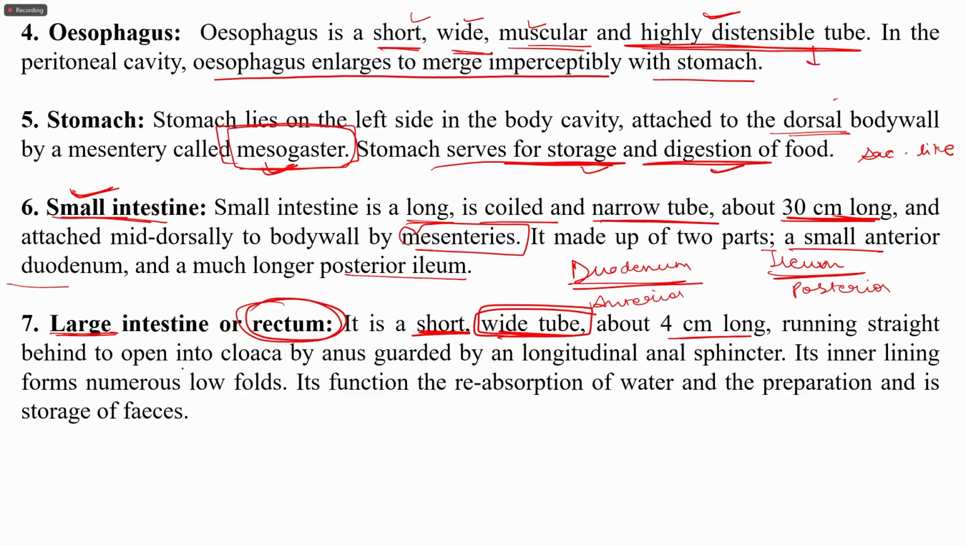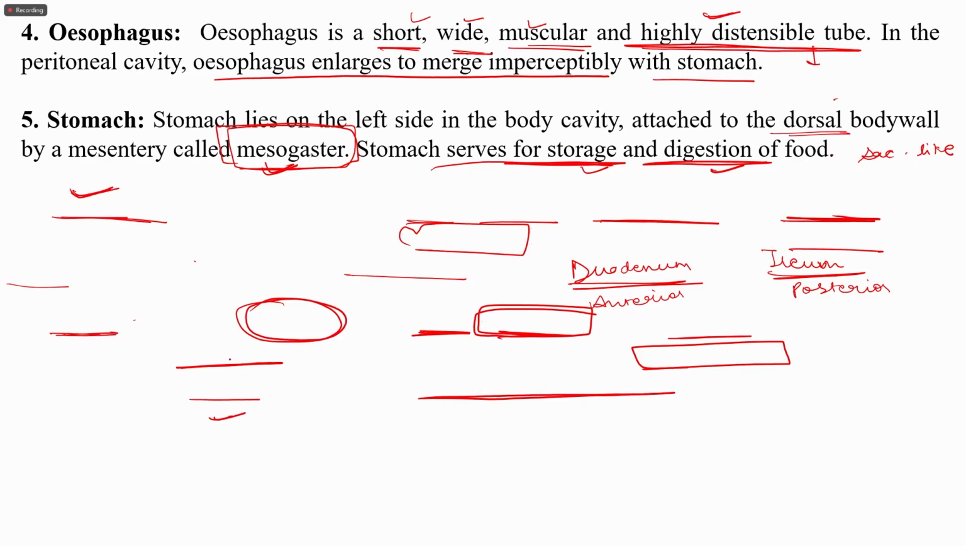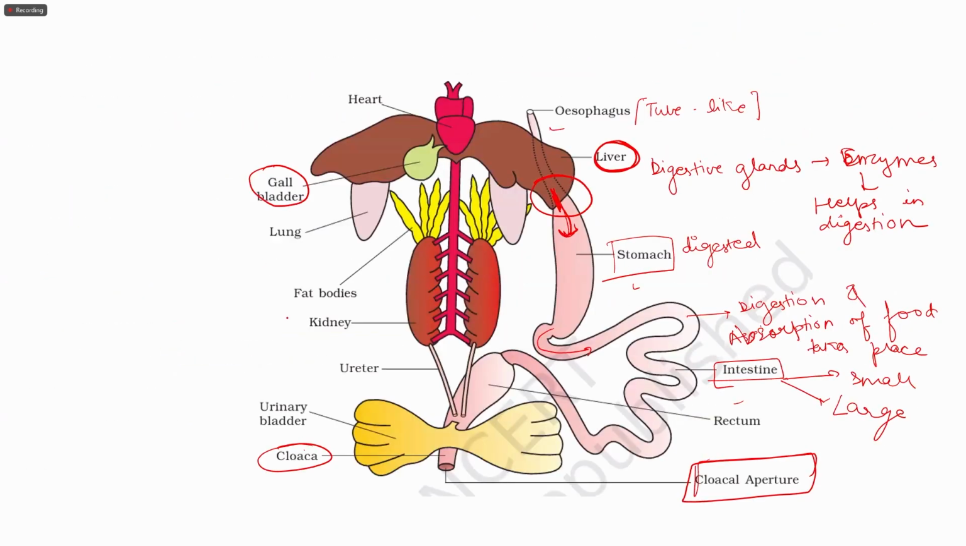running straight behind to open into the cloaca by the anus, guarded by a longitudinal anal sphincter. Its inner lining forms numerous low folds. Its function is the reabsorption of water and the preparation of the storage of the feces. You can see in this figure that the small intestine opens into the larger intestine, here called the rectum, and this rectum opens into the cloaca, which is guarded with the help of the anal sphincter. This sphincter gets closed and therefore prevents the backflow